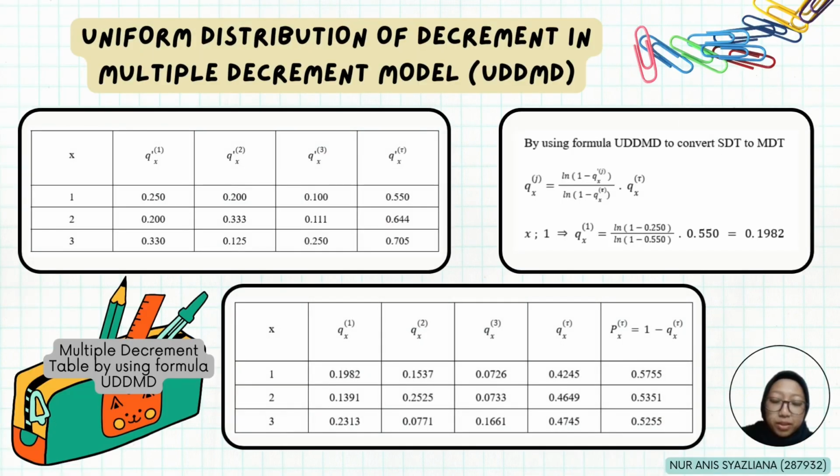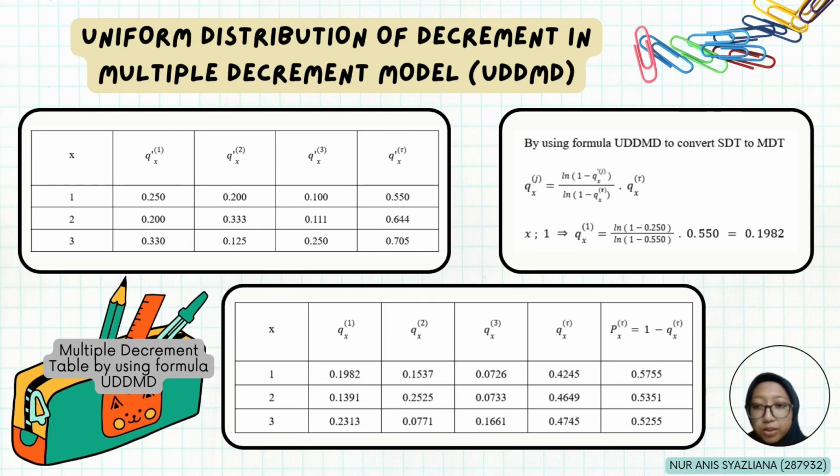Next, we move to the multiple decrement table. Uniform distribution of decrement in multiple decrement model, UDDMD. So based on the previous single decrement tables, we create a table that contains all of the decrement probabilities for all causes. We can get the QX prime tau by adding each of the decrement probabilities of the causes according to each year, and here we get QX prime tau for year 1 is 0.55, for year 2 is